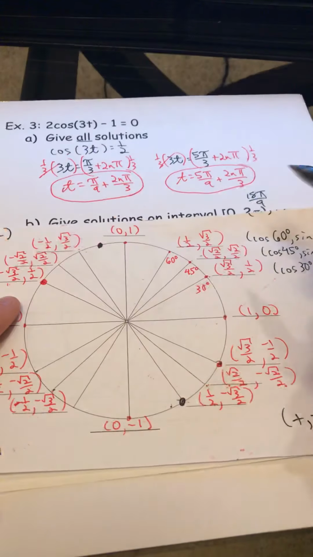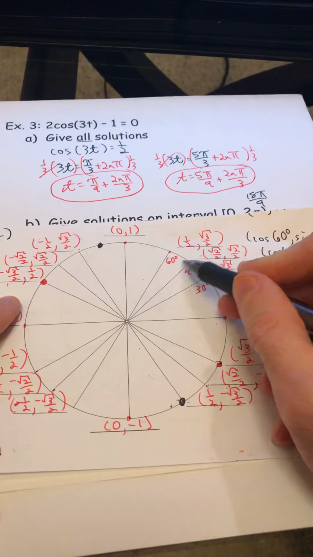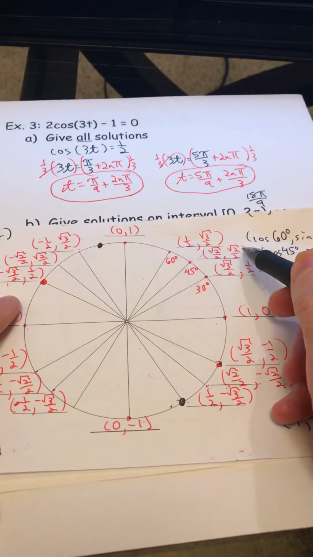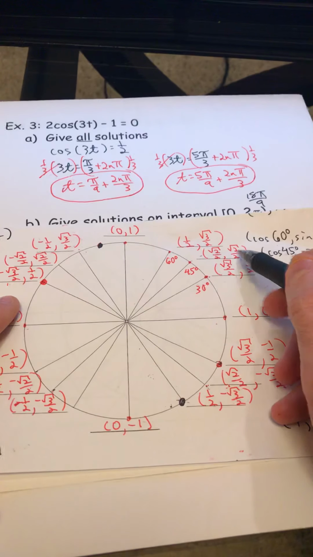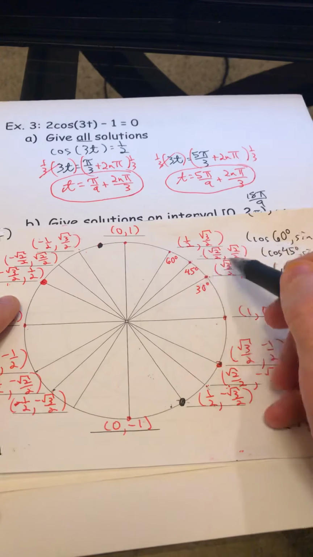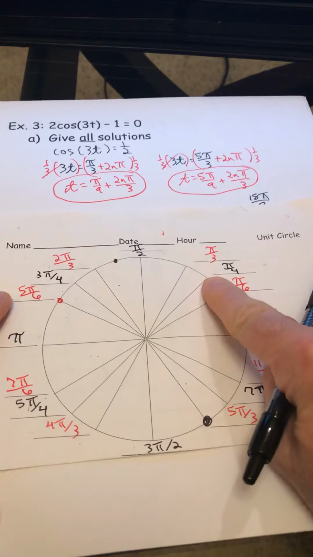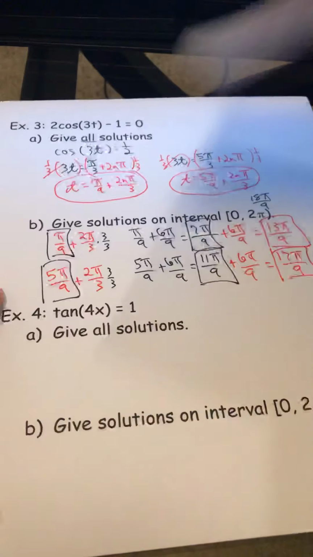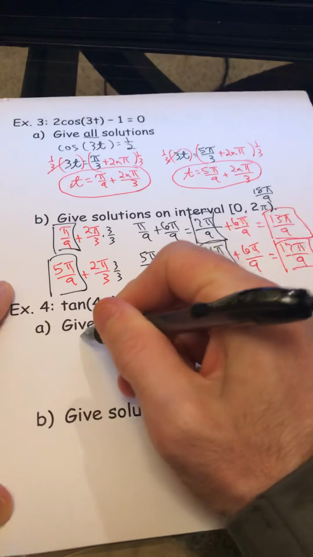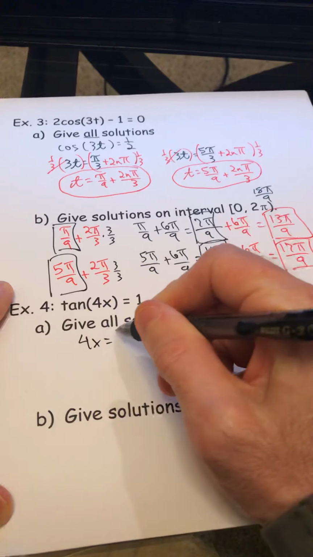Well, tangent equals 1 when you take, if you remember, tangent is sine over cosine. So when we take y over x, the tangent of 45 degrees is pi over 4. So here, 4x equals